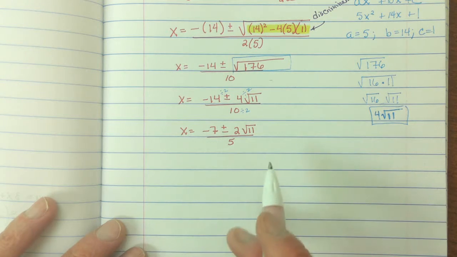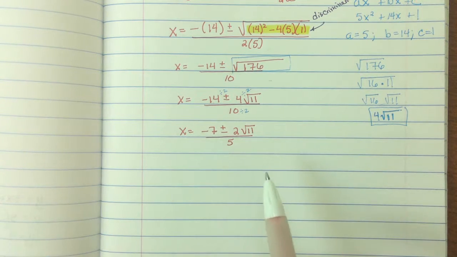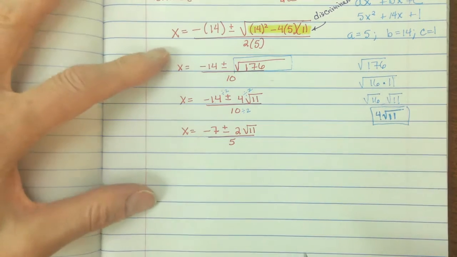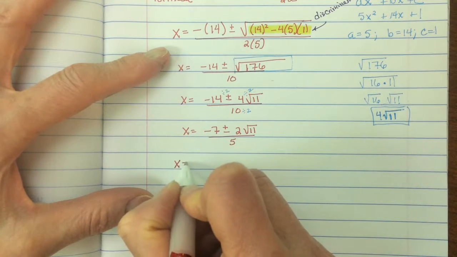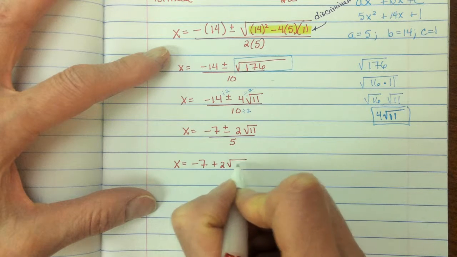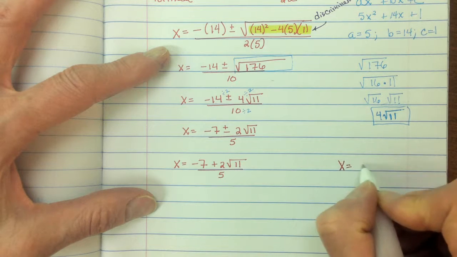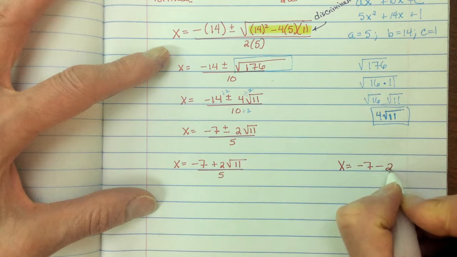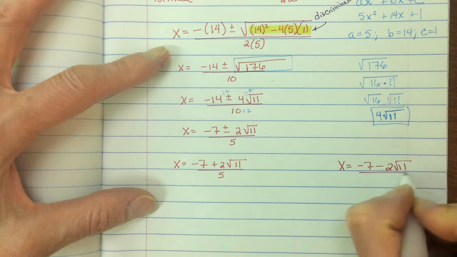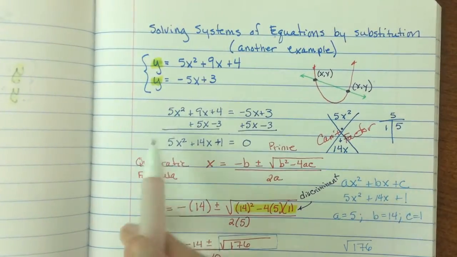path. So remember, I still have to find y, and you might be thinking, oh my god, that is so scary. But sometimes when you just work these out, it's not that scary. So let's break our x down into its two parts. Negative 7 plus 2 square root of 11 all divided by 5 is one x, and then the other x is negative 7 minus 2 square root of 11 all over 5. So remember, I'm going to take the easier equation, which when I look at these two, the linear is definitely